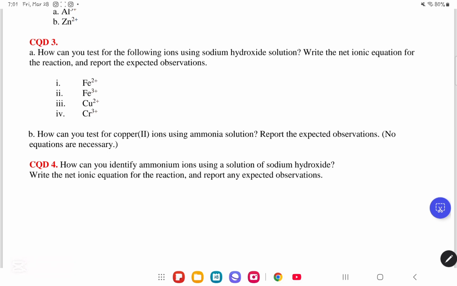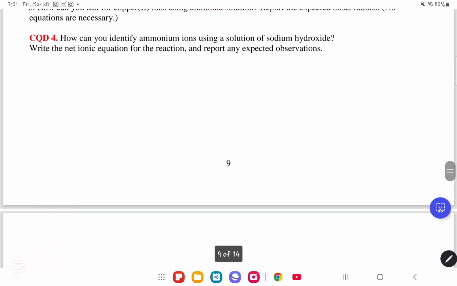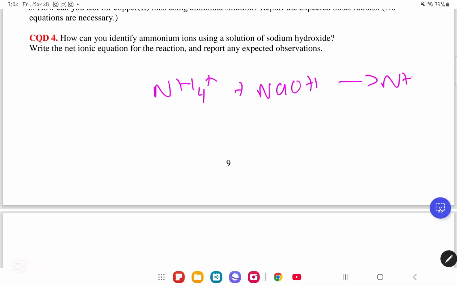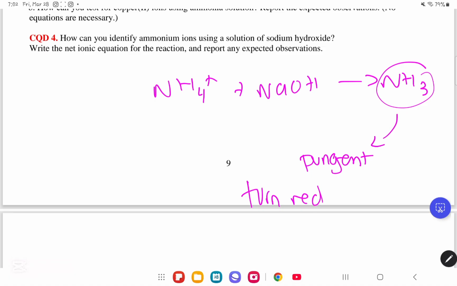We now move on to CQD number 4. How can you identify ammonium ions using a solution of sodium hydroxide? When ammonium ions, NH4+, react with sodium hydroxide, NaOH, it will produce ammonia, NH3. To test this gas, it will give out a pungent smell, and it will turn moist red litmus